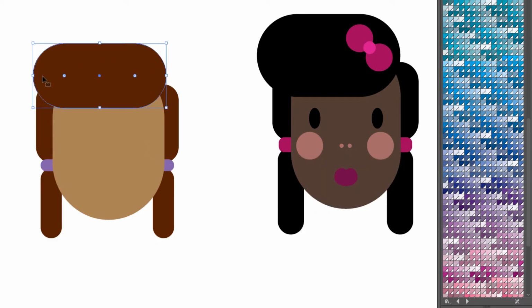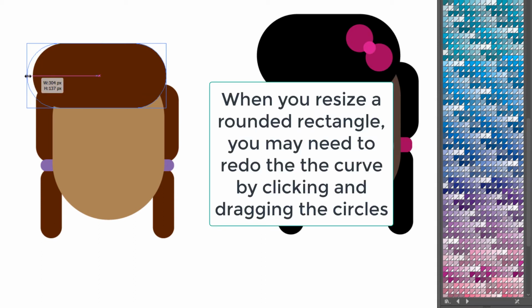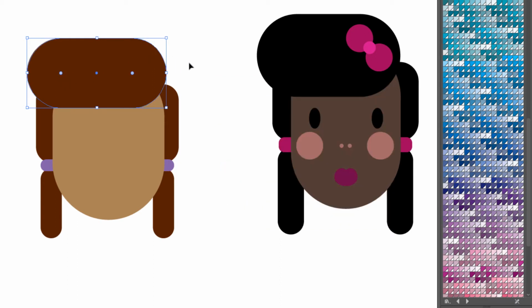up. Okay, I think I'm going to make the hair just a little bit more over on this side and then reshape this to make it an oval. There we go. Now I'm going to work on the features of the face. I'll start with the eyes. So I will